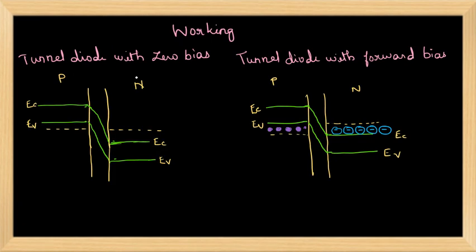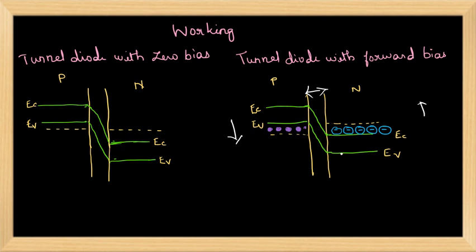This is the energy band diagram of tunnel diode at room temperature. The net current will be 0 since the equal number of electrons and holes flow in the opposite direction. When we apply a small forward bias, the depletion width will decrease in the diode and barrier potential will also decrease. Because of this, the n side energy band will move up and the p side energy band will move down below the Fermi level.